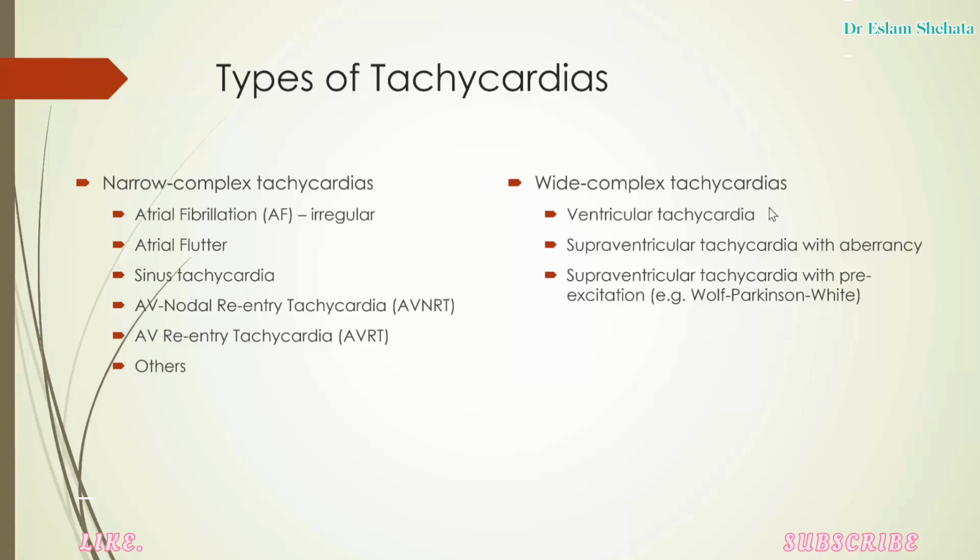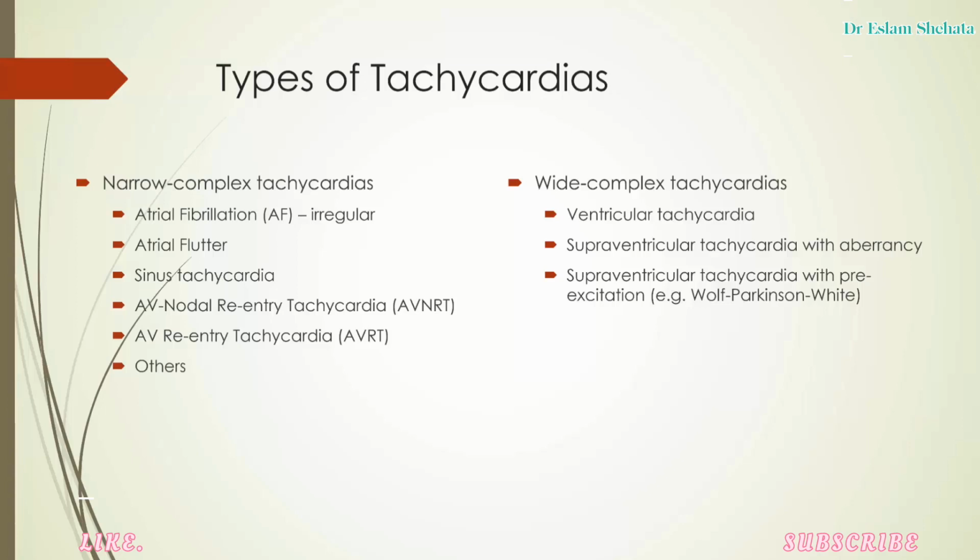Comparing that to the tachycardias on this side, the pathophysiology in this case all results in wide QRS complexes. So the first one on this list, the first one I want you to think of every time you see a wide complex tachycardia, it's got to be ventricular tachycardia. Now there are other options, but the first thing I want you to think of every time you see a wide complex tachy is VT. Now in ventricular tachycardia, the action potential started in the ventricle itself, and so it doesn't follow the usual conduction system. It spreads through the ventricle more slowly, and as a result the QRS complex is wide,